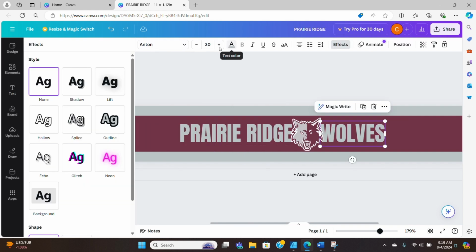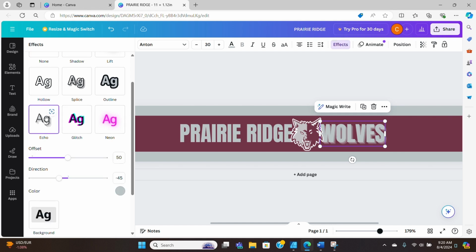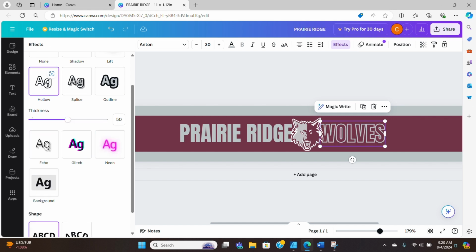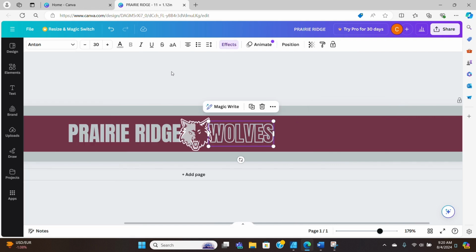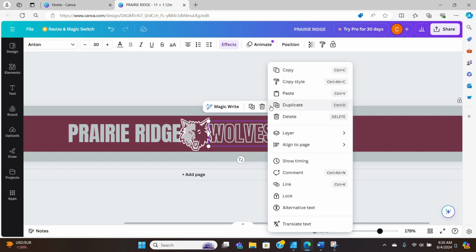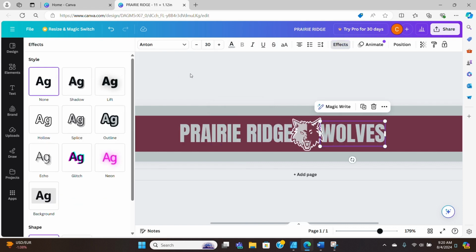And here you can play with other effects as well. Do curves. Different echo. Hollow it out so it's just the outline. So yeah, some fun different effects in there. Oh, you could use copy style if you wanted to change it back. I'm gonna put this back to none. So we have